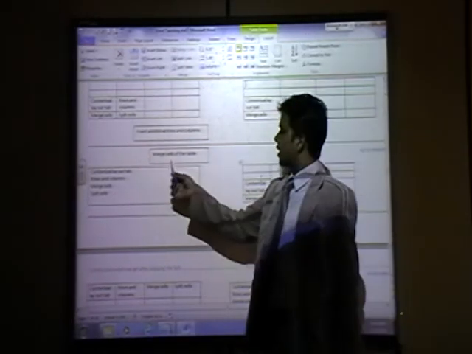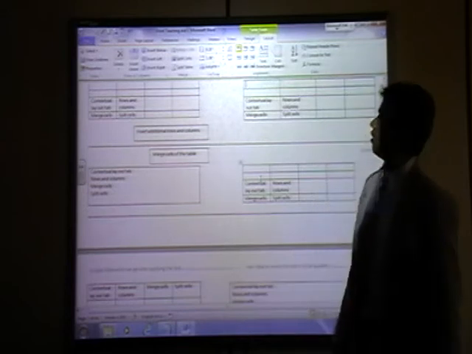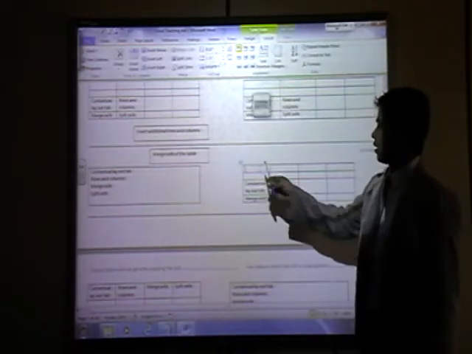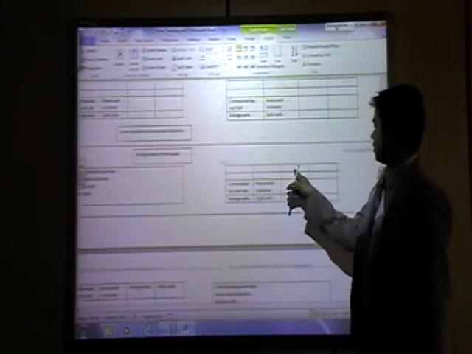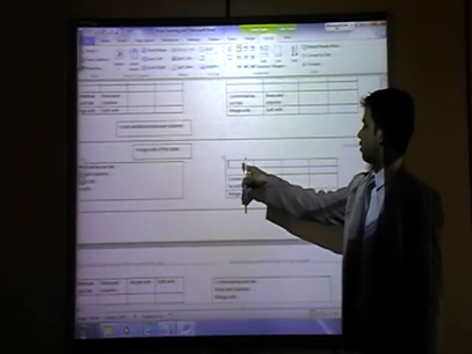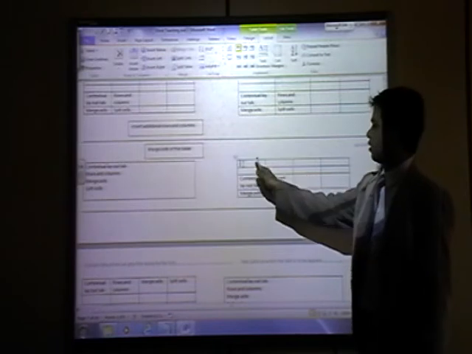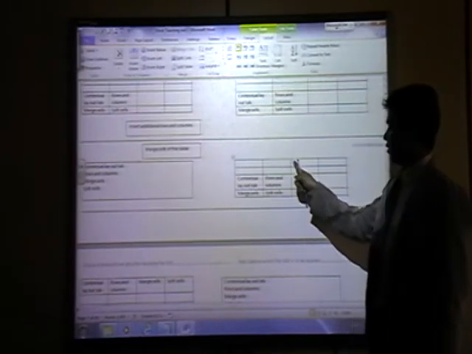Next question is given, merge cells of the table. Click here and select this one. I will select it by mouse, you can see, click inside and select all of this.